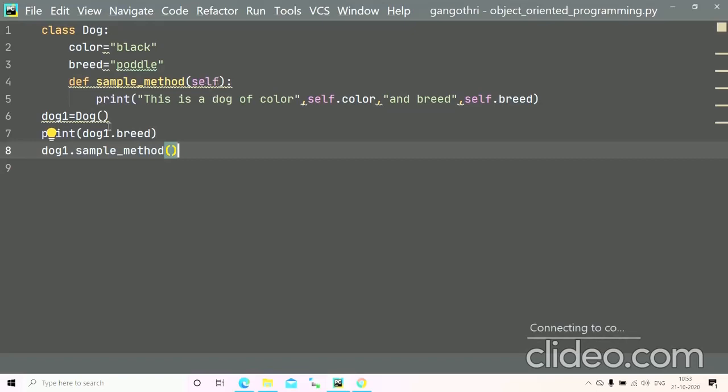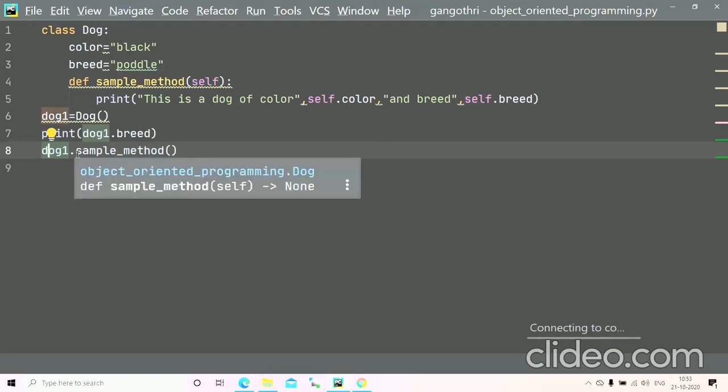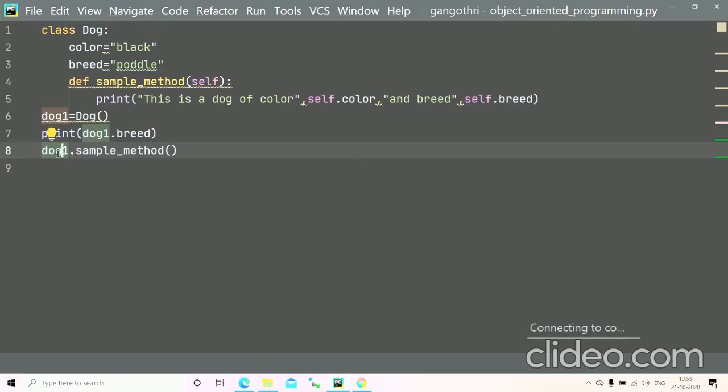For example, here we have called dog1.sample method, where dog1 is an object and sample method is a method within our class dog. But who says the sample method is within the class dog? We have just specified the dog1 object and also the method. We haven't specified any class, right?